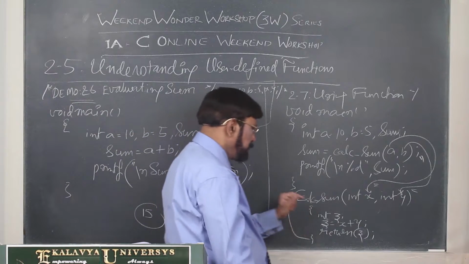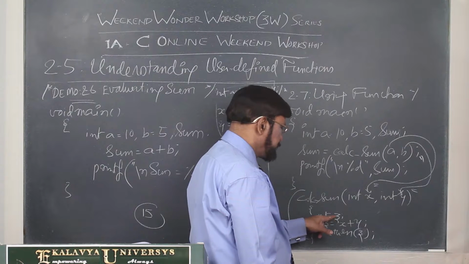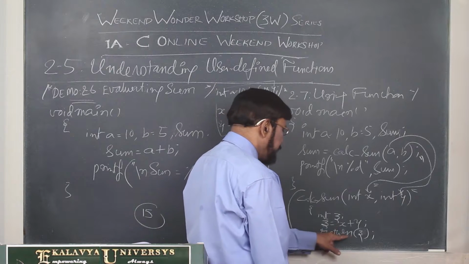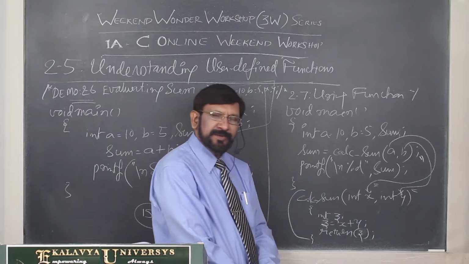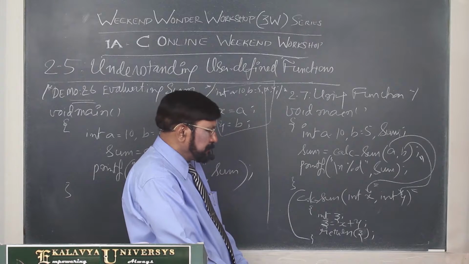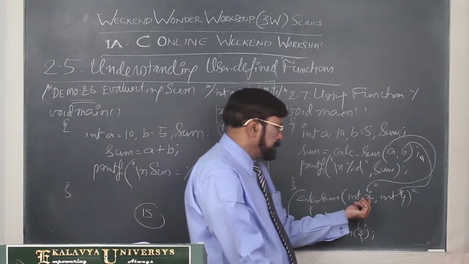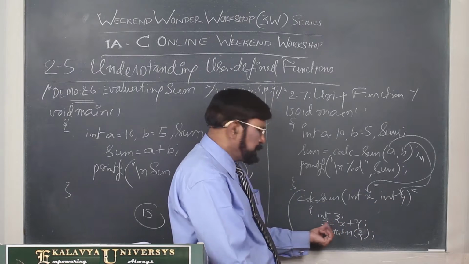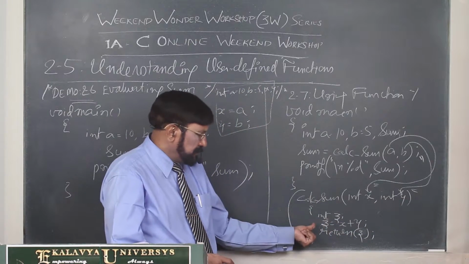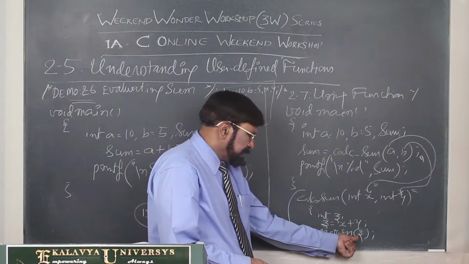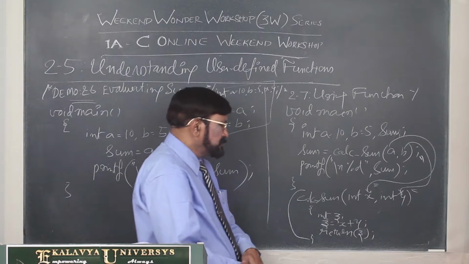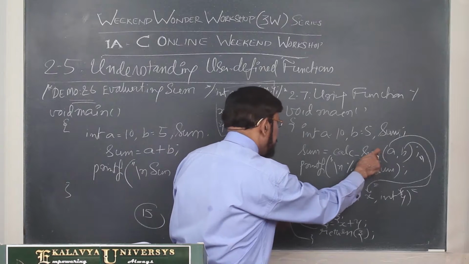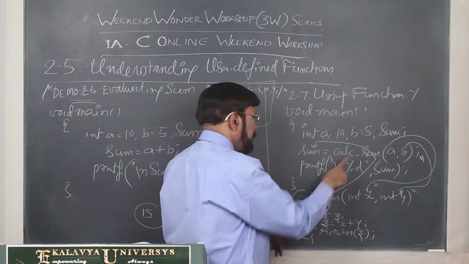Even though now you see, you have written Z, this is a local variable, and Z is equal to X plus Y, then you are returning Z. Okay, you are returning Z. That means what you are returning? Now believe me, whatever I am telling you. So 10 is copied here, 5 is copied here, then what would be the value in Z? 10 plus 5, 15. Now return Z, you are returning. Where does it go? It goes here. Z goes here and is stored in this ultimately.